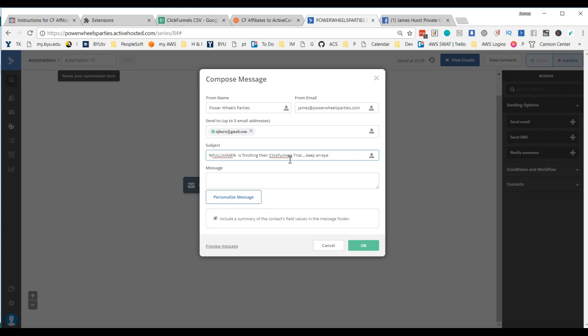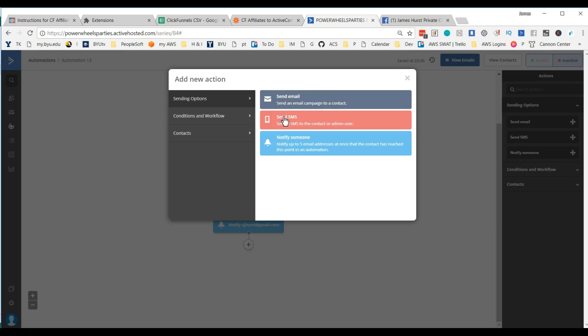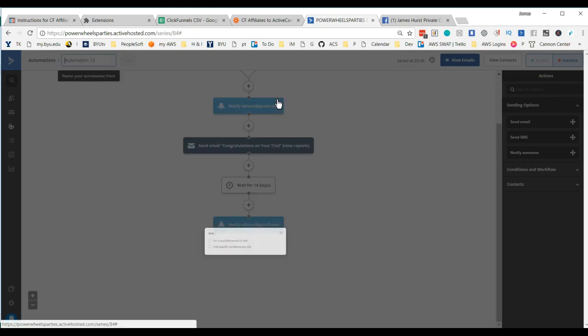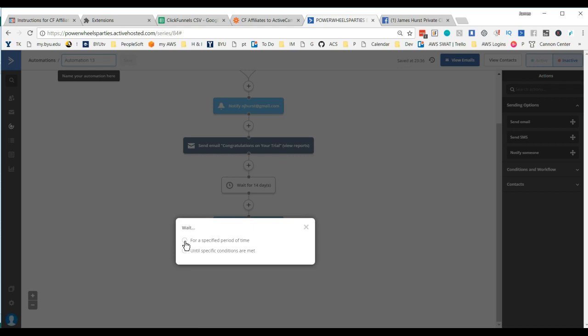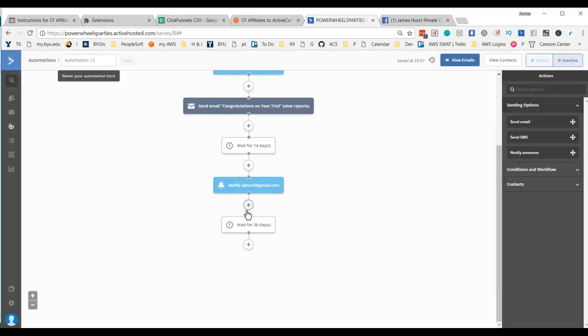Keep an eye out for their first payment to come through or not. Okay. And then, honestly, from there, you could easily say, wait 30 days for a specific period of time. Wait for 30 days. And say, from there,